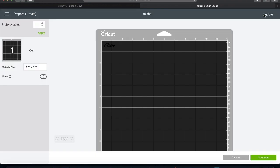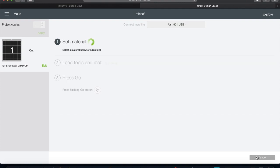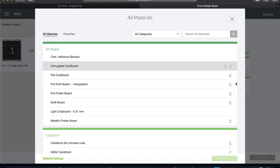But I'm going to show you really quick a little hack to get small fonts, small words, intricate cuts to cut. Now I can't guarantee that this is going to work on all of your intricate cuts, but for the most part this works for most of mine. What you're going to do, instead of setting your machine to vinyl, you're going to turn your dial to custom, and then you're going to go to browse all materials,